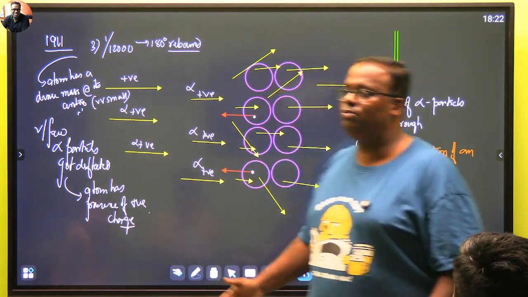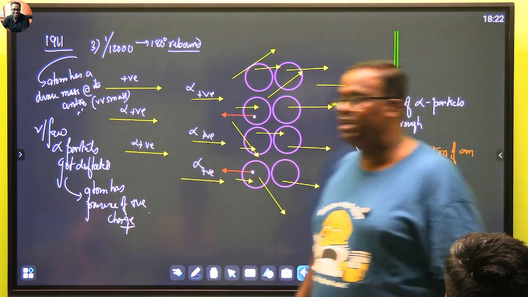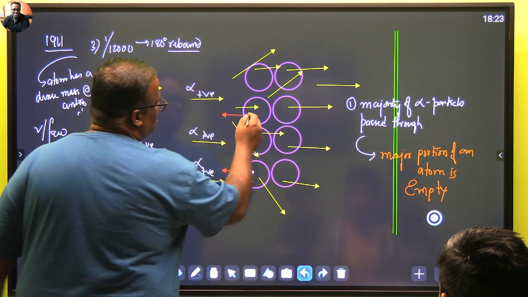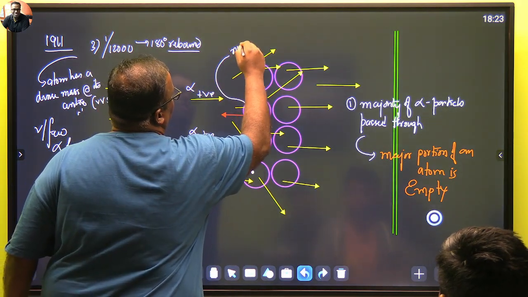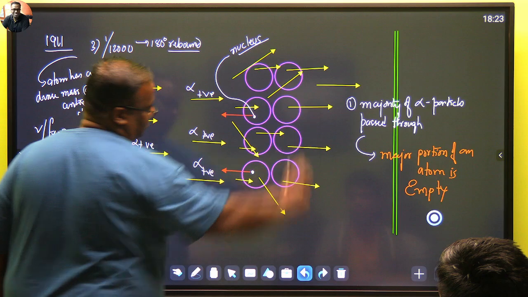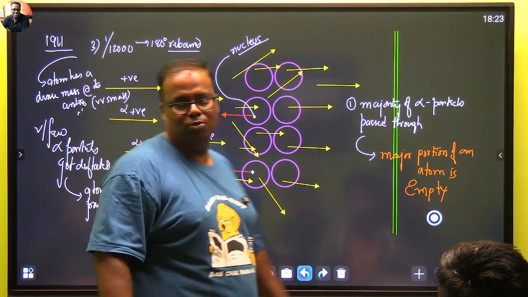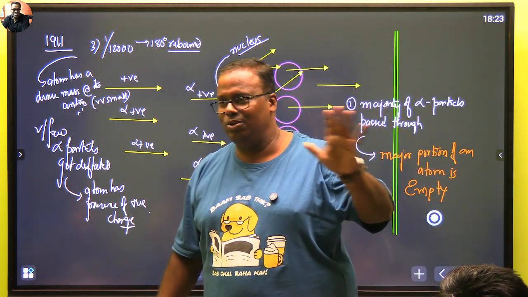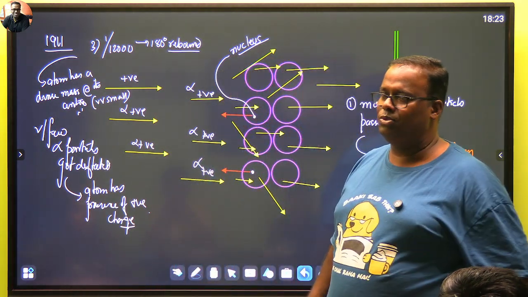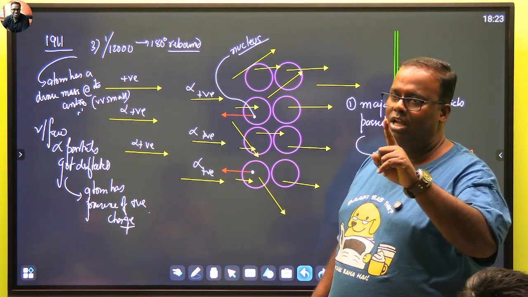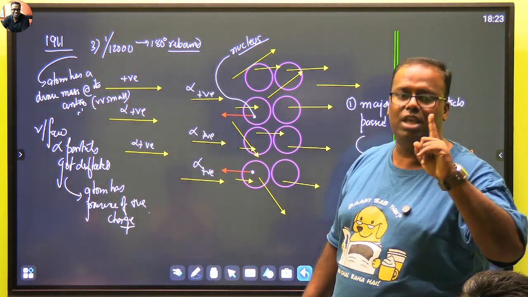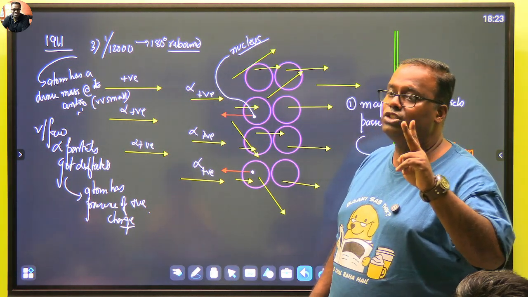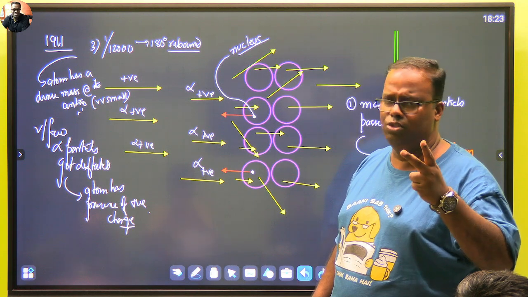With this, Rutherford started giving his model, and he first said that this central core where the entire mass is there, Rutherford started coining this term as the nucleus of the atom. यहाँ से nucleus word का जन्म हुआ. Rutherford said, look, Mr. Thomson, first of all, your theories are not correct. Rutherford came up with his theory and he said, the first statement, the major portion of an atom is empty. The atom does contain positive charge, and he attributed those, because mass of a proton was known at that time.